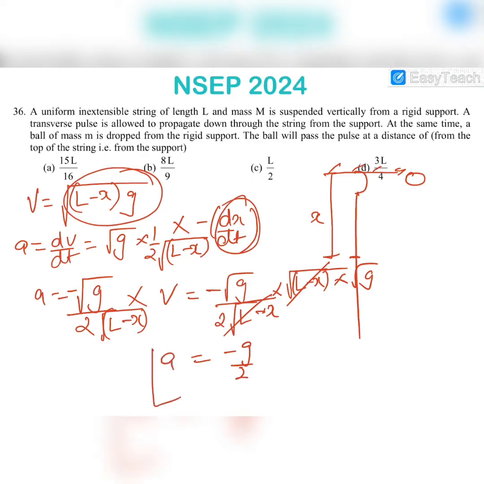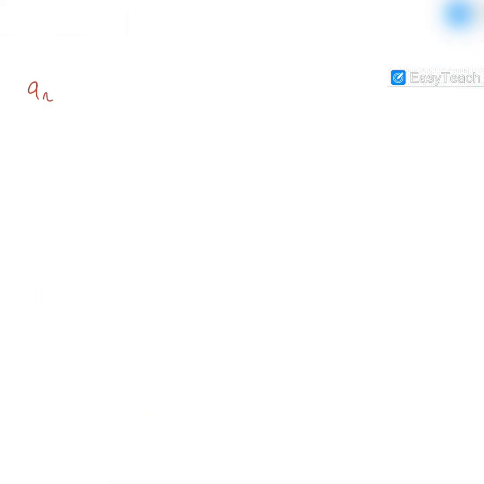So the acceleration of the wave is in the upward direction, because we have considered the downward direction as positive. So wave is retarding as it is going down. So this is the acceleration of the pulse, and the acceleration of the ball is plus g in the downward direction. So now let us see the relative acceleration, A relative, of ball with respect to pulse,